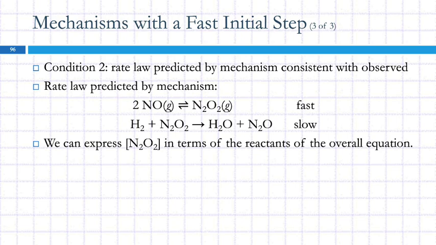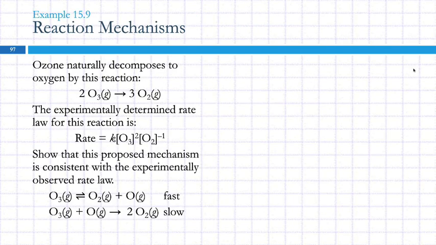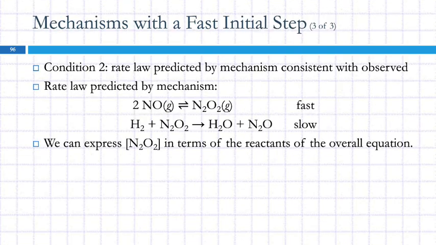For condition 2, the rate law predicted by the mechanism needs to be consistent with the observed rate law. So what we can do here, because for this slow step, it's going to have N2O2. And we can express that concentration in terms of the reactants of the overall equation. Let me make sure I'm not skipping something. Nope. So we can say that the concentration of NO